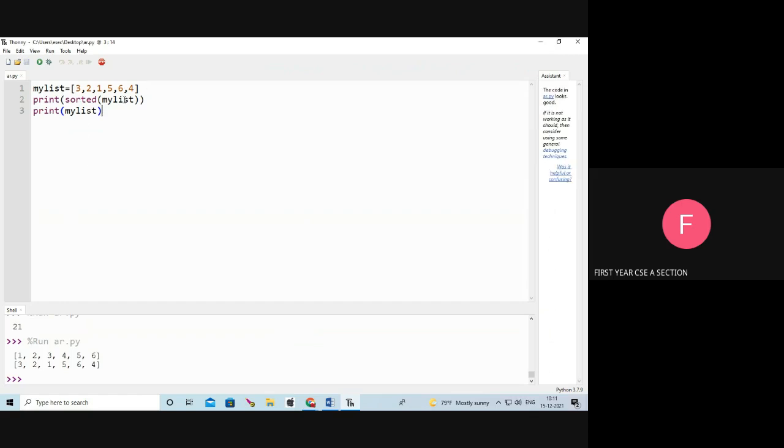Print of sorted of my list sorts the list in ascending order and displays the result. So 1, 2, 3, 4, 5, 6. But the sorted changes will not reflect in the original list. I am going to print my list. See, my list is 3 2 1 5 6 4. It will not change. The sorted function gives the result in ascending order, but it will not reflect in the original list.